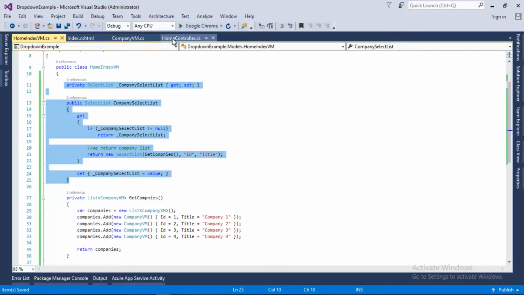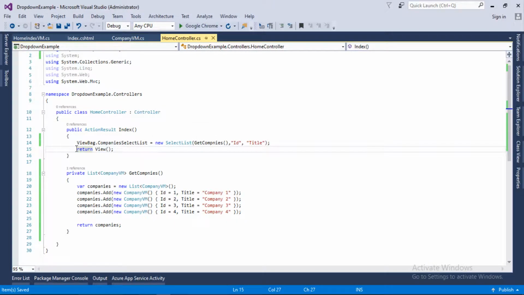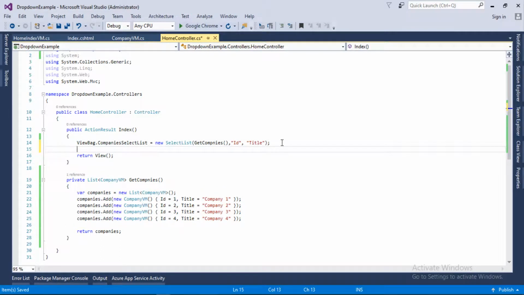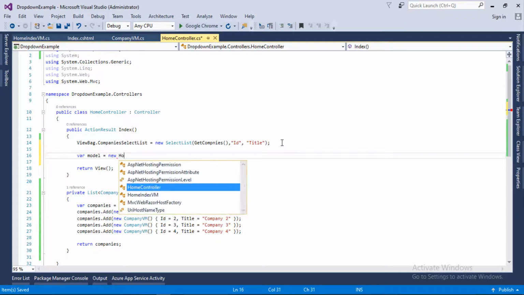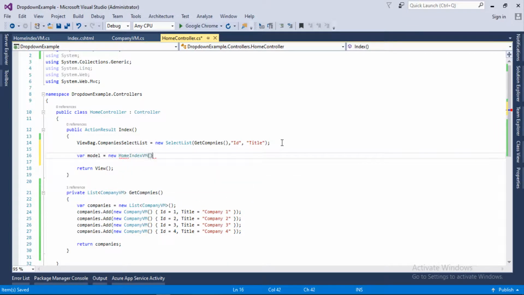So let's go back to the home controller, and here in the index action we need to pass the model that we have just created. So our model will be model equal to new HomeIndexVM, and let's pass this model to the view. And that's it for the home controller.